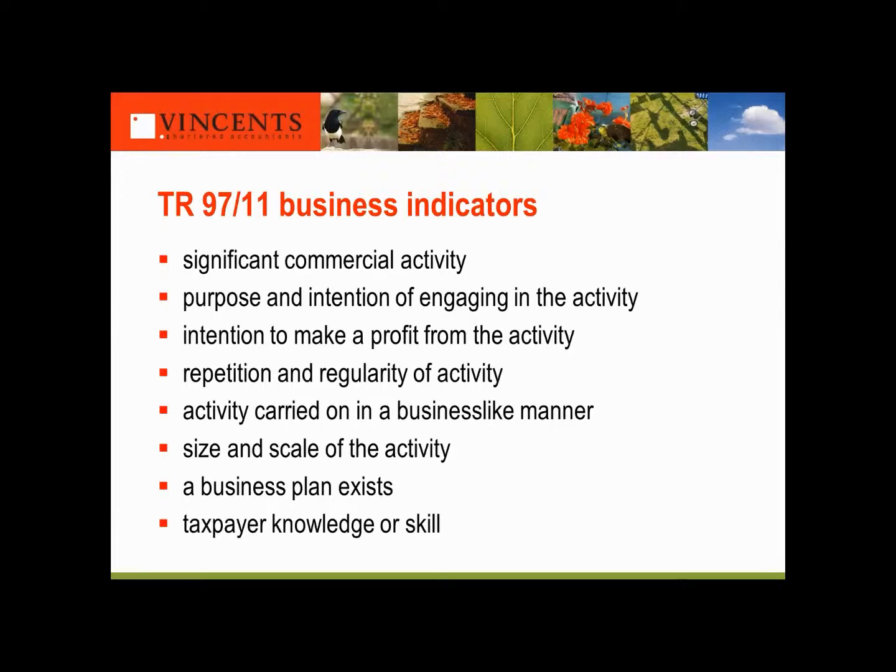So the first one is, and one of the more important ones, and I guess it's a little bit of a, everybody thinks that they know what a business is. The tax office also has a view as to what a business is, and the courts have also formed a view over the years as to what they consider a business to be. Now, as a result of many court cases over many years, the tax office quite helpfully summarised what the courts have identified as indicators of a business in a taxation ruling